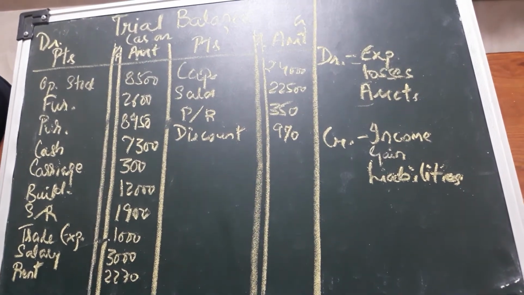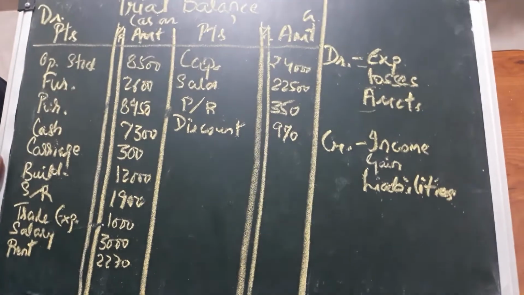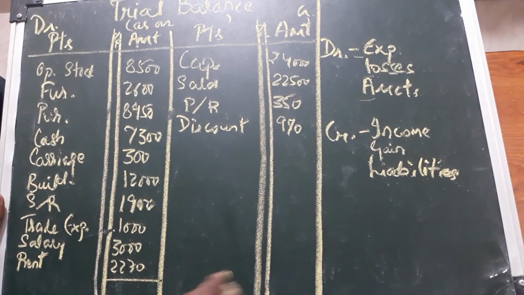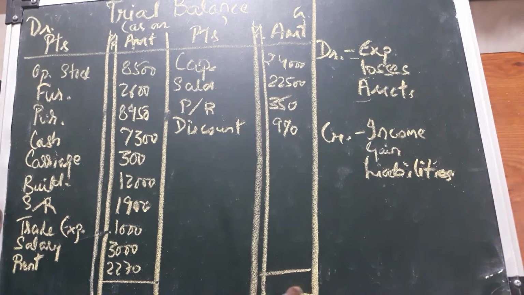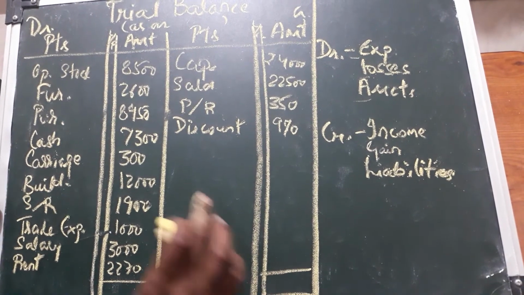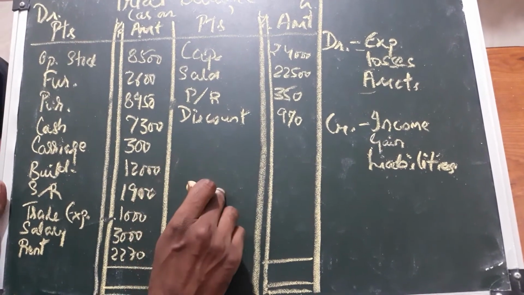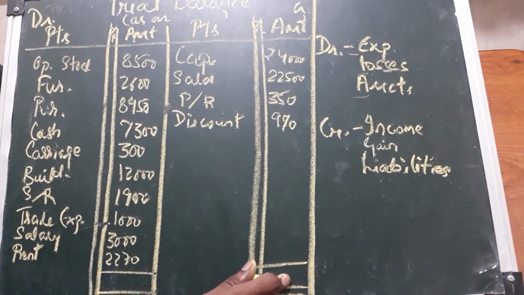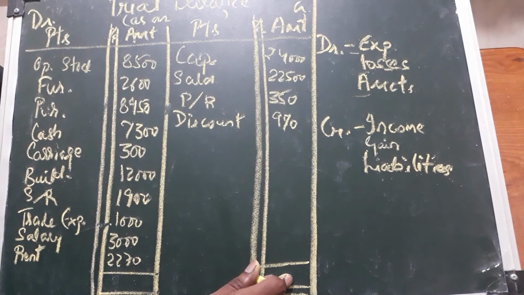At last, we are going to tally the trial balance. That is, both sides must be equal. If all the items are correctly put in the trial balance, then both sides must be equal. So the total comes to rupees